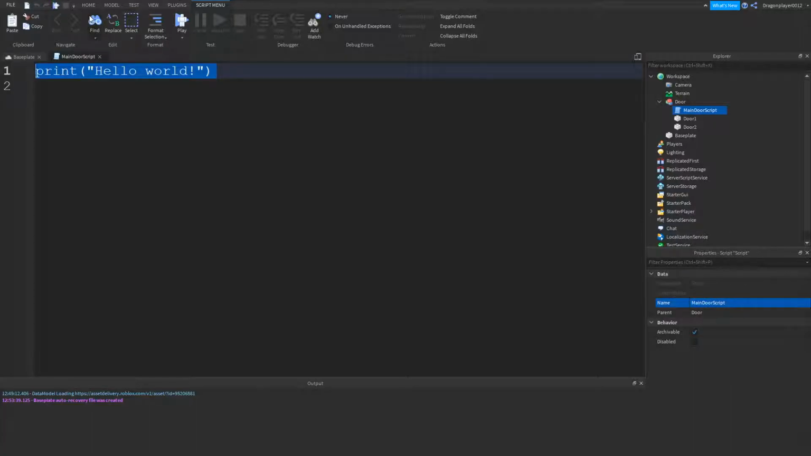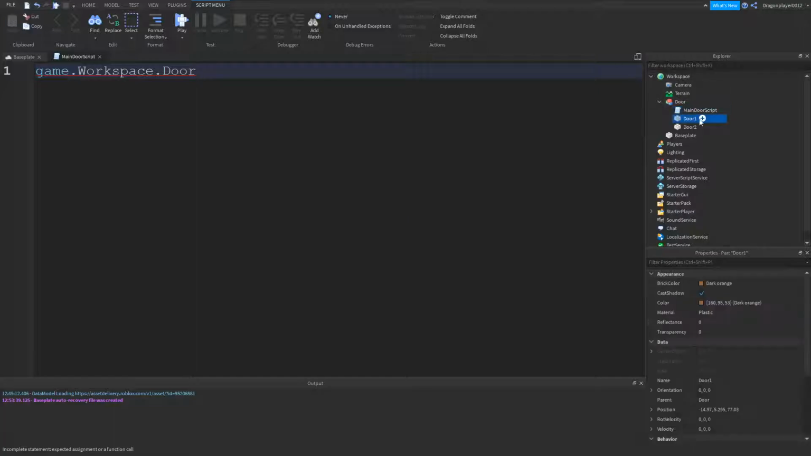Now once you've got a main door script, we can do game.workspace.door. Oh, and then we also need to add a click detector. What this basically does is when we hover our mouse over it, it's gonna show the mouse cursor, and then we can do door.one, what is it called, .1, click detector, and then